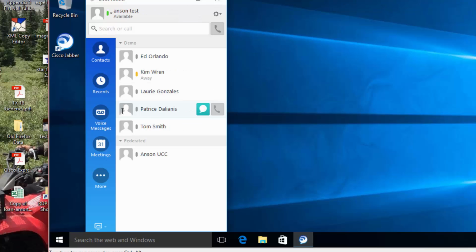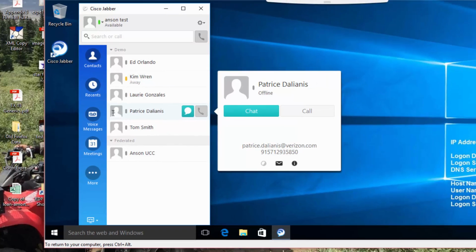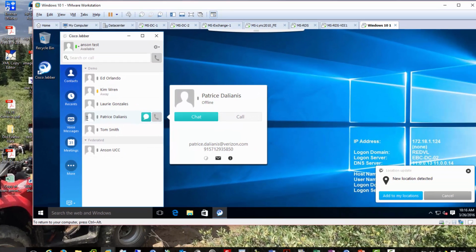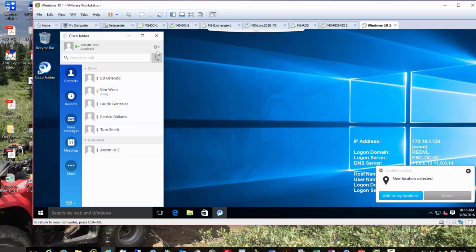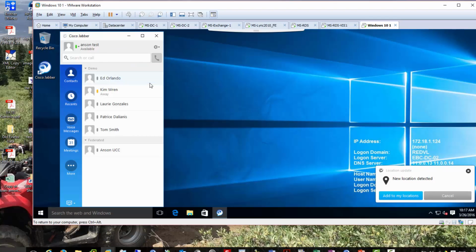Okay, so those are the two ways that you will encounter logging into Verizon UCCaaS, and this goes for Jabber for Windows and Jabber for Mac as well. And then you'll see this second style, usually, what we did right here, in the Jabber for mobile applications as well. So if I would sign out,